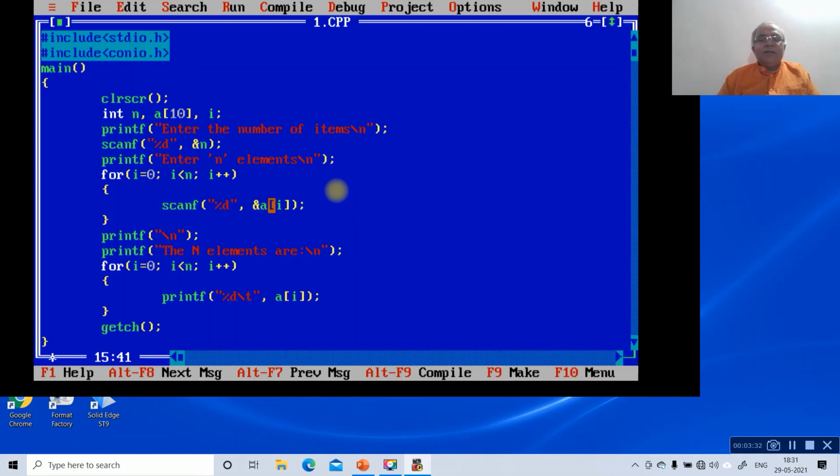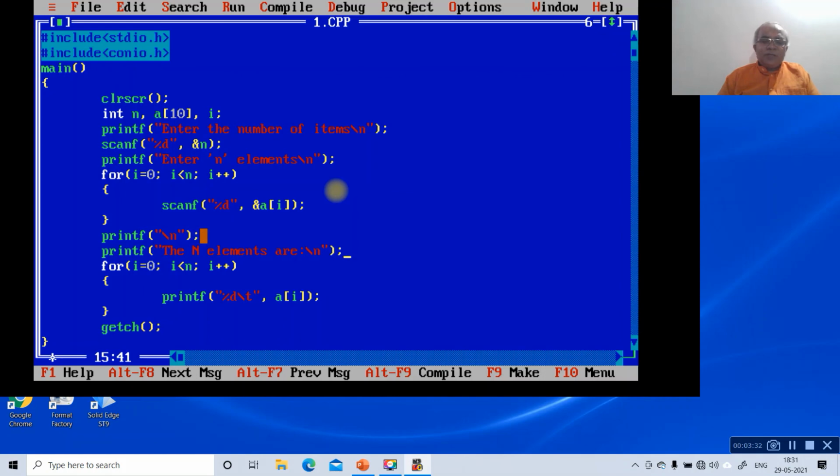Yes, then it reads A3, which is 40. Then 3 plus 1 becomes 4. Is 4 less than 5? Yes, reads the value of A4, which is 50. Then 4 plus 1 becomes 5. Is 5 less than 5? No. Then it comes out of the loop.